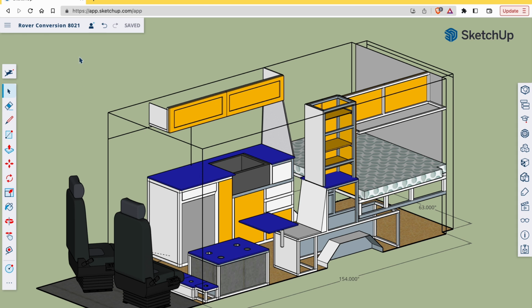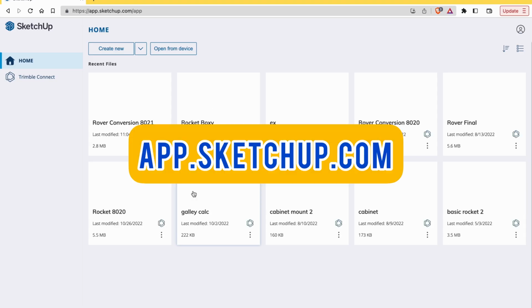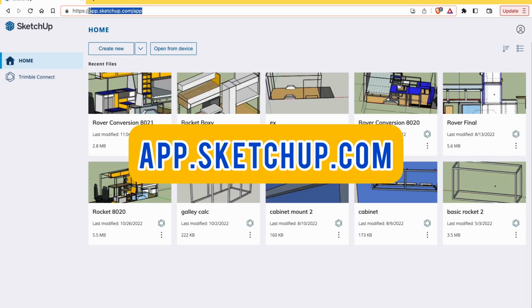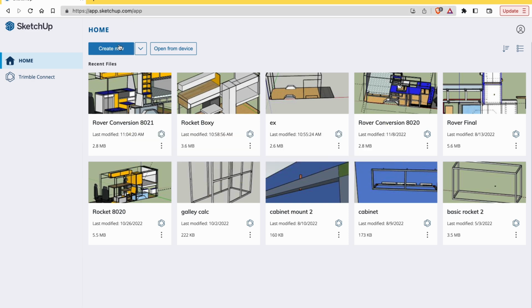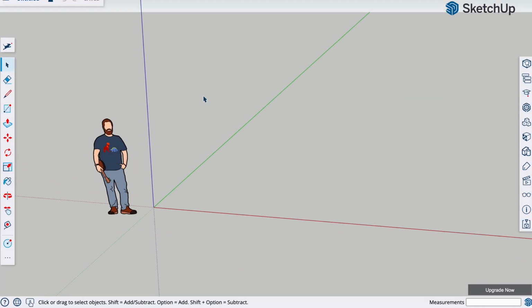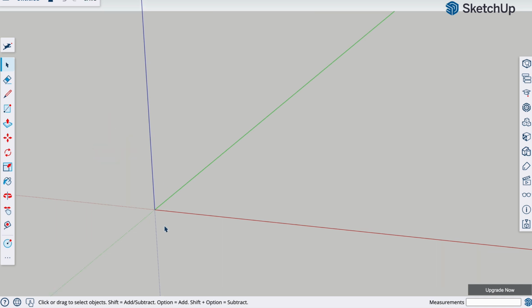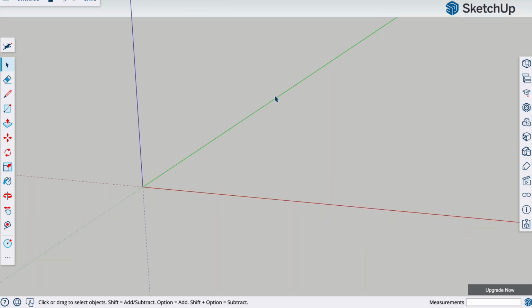So, step number 1, you are going to open a free account on app.sketchup.com. It is a desktop-based software. You're going to hit create new, and you're going to be brought to this 3D workspace. You have your X plane, your Y plane, and your Z plane. The first thing I always do is delete whatever person is put in the corner,